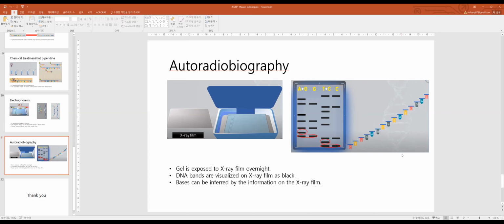So now, whether this is radioactivity or fluorescence, that is not the difference. That means even in this Maxam-Gilbert method, they could add different fluorescence material on top. That's also possible. And if you use only one fluorescence molecule, then you need to run 4 gels. It's the same as radioactivity. Radioactivity, you cannot discriminate the different radioactivity. Radioactivity is just radioactivity. So you need to run 4 gels. If you use only one fluorescence color, then you need to run 4 gels.